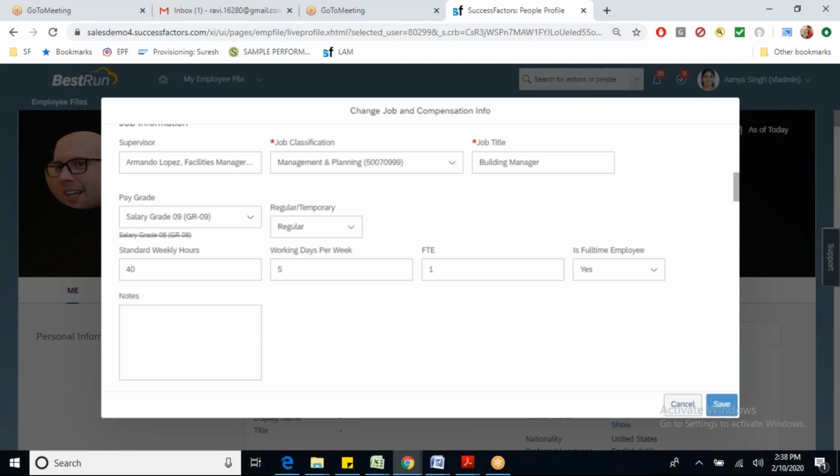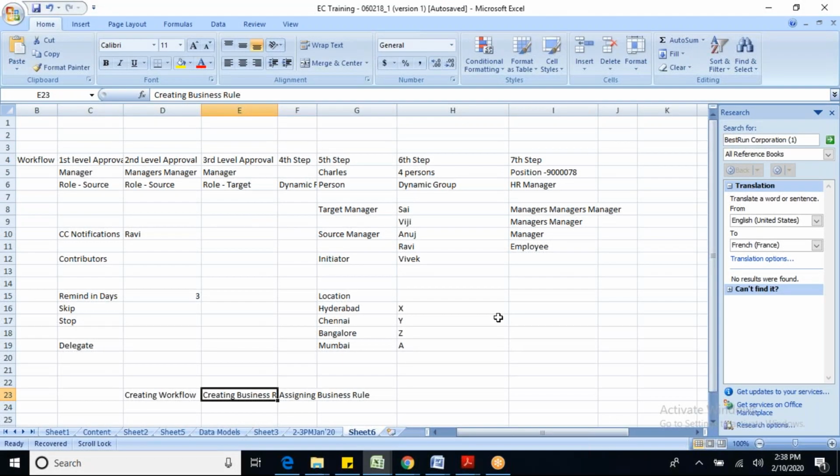When you are changing the country, that is country transfer. So you need to tell the system whenever user changes this particular field, it should be this particular transfer, or whenever user changes this particular field, it should be a promotion. So that is specified in the business rule. Now business rules are nothing but the logics that can be defined in system. It is the way of implementing the logic. If user is changing this particular field, trigger this event reason along with this particular workflow. So you will be writing a logic in business rule.